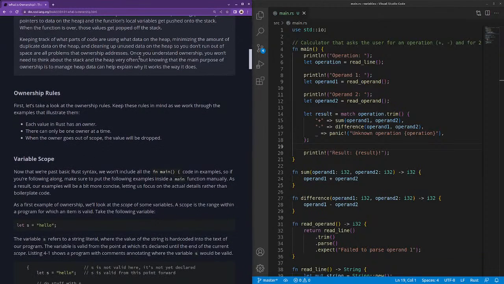Keeping track of what parts of code are using what data on the heap, minimizing the amount of duplicate data on the heap, and cleaning up unused data on the heap so you don't run out of space are all problems that ownership addresses. Once you understand ownership, you won't need to think about the stack and the heap very often, but knowing what the main purpose